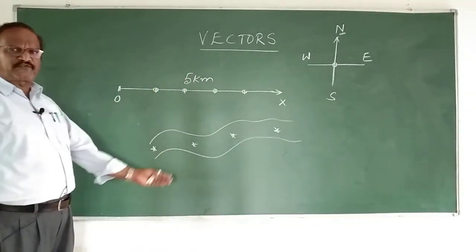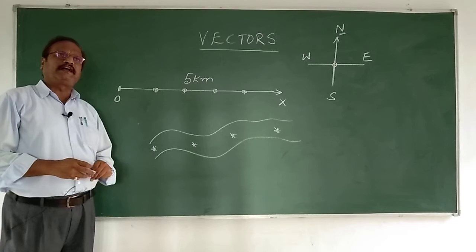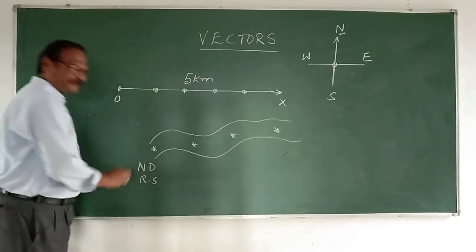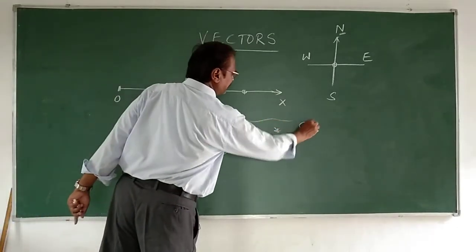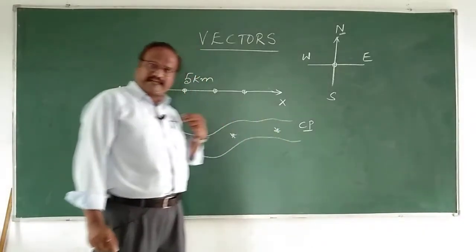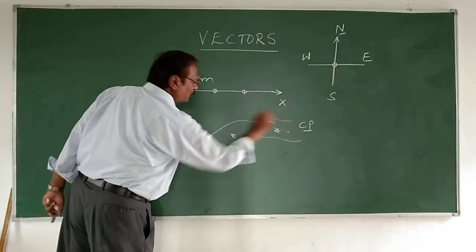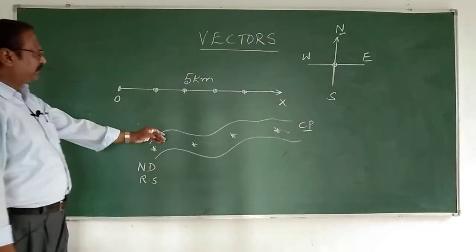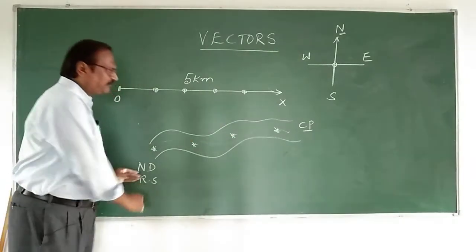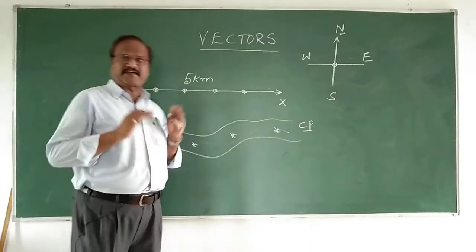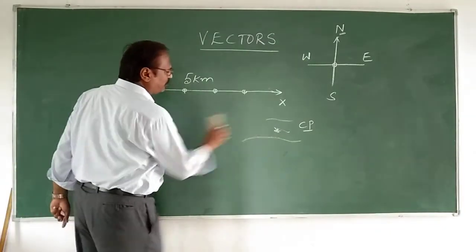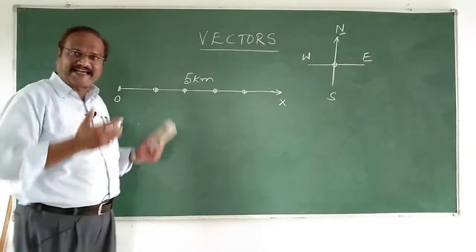Let us say I start from a point in Delhi, New Delhi railway station. I start from New Delhi railway station and I go to Connaught Place, CP. Then what will happen? I go only on that particular path. So you can locate me when I am traveling on that particular road. So this can happen anywhere. Fine. So here I don't need direction that much. You only know one thing. You start from New Delhi railway station and you reach Connaught Place. There ends the matter. But when I talk about displacement, I have to specify the direction.